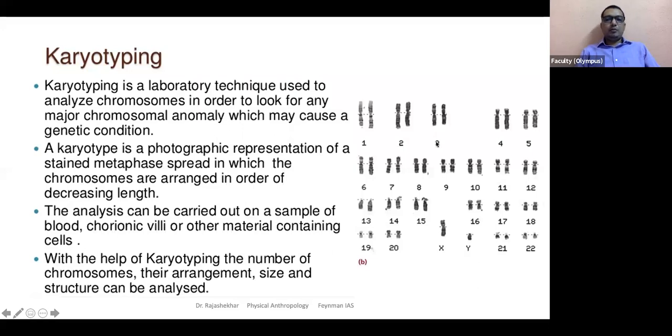So this image you are seeing here, what type of abnormality are you noticing here? What type of abnormality can be seen in the image here on the right hand side? Any abnormality that you could find here? What can you tell from this karyotype? Sometimes called karyogram, or sometimes ideograms they say. What do you find out from this karyogram?